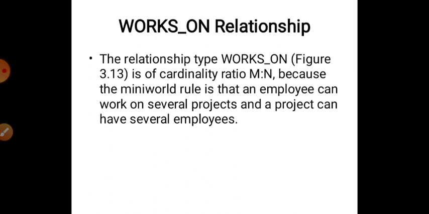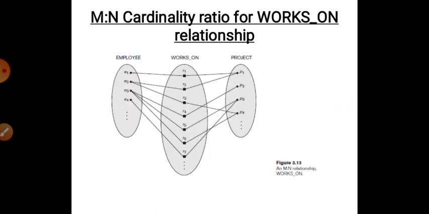We'll see the figure in the next slide. In this slide, you can find the left side entity is employee, the extreme right is project, and the relation between them is works on. That is, employee works on project. Here one employee will work on a number of projects. For example, employee E2 will work on project P1 and P4. Similarly, employee E3 can work on project P2, P3 and P4. So here M and N can take any number, from 1 to n, whatever is the case.